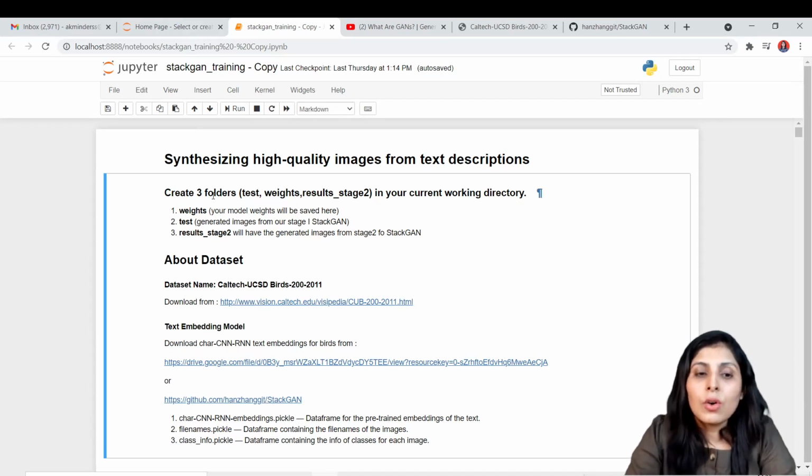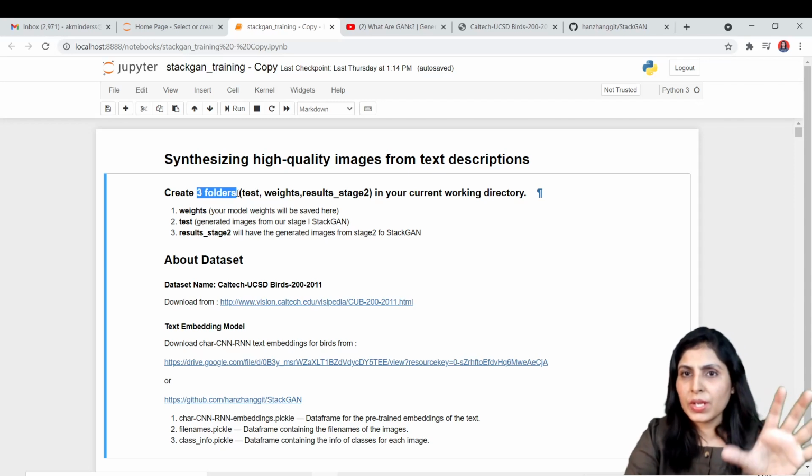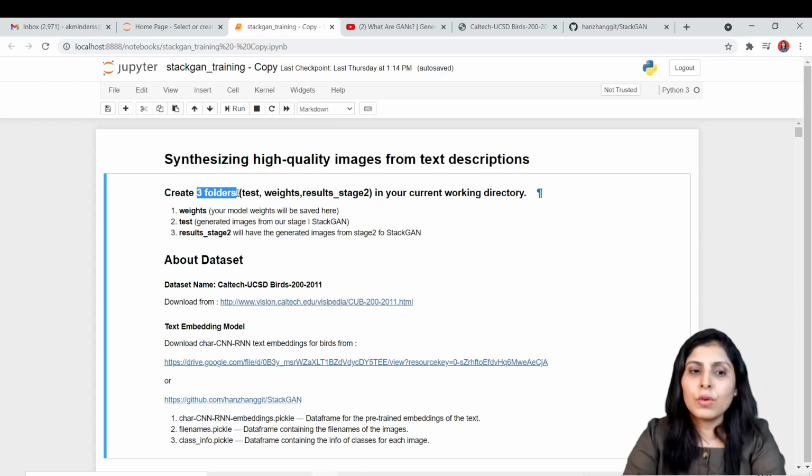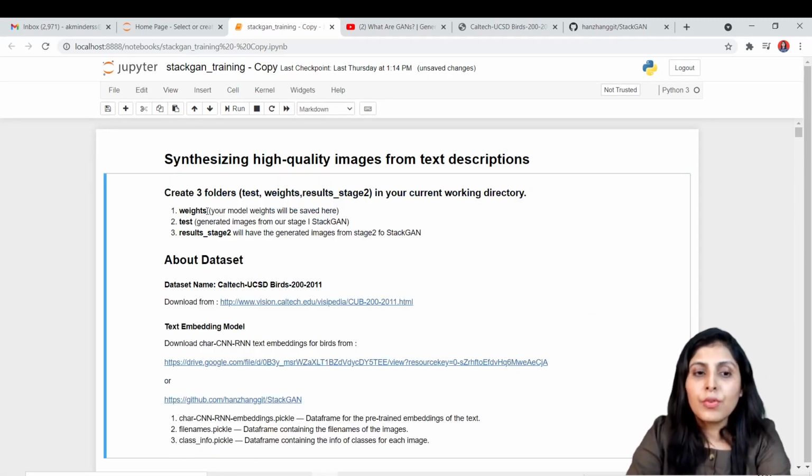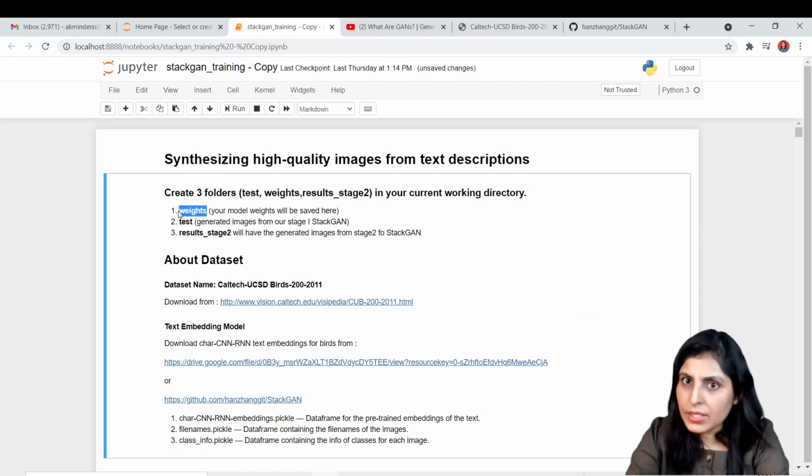What you need to do is create 3 folders. First of all, create one folder in which we are going to work on StackGAN, and inside that folder create 3 folders. The first folder name should be weights. You need to create these folders only, because we have used these folder names in our code.